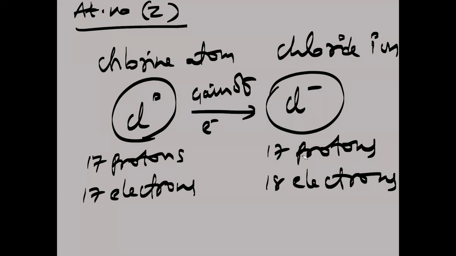Now Cl minus ion has 17 protons, and Cl atom also has 17 protons. So the number of protons in the neutral atom or the ion is called atomic number. Therefore for Cl, atomic number Z equals 17, and for Cl minus also Z equals 17. Atomic number does not change. When atom converts into ion, atomic number remains the same. Is the concept clear now? The number of protons present in the nucleus of an atom or ion is called atomic number. Okay. So next, take the screenshot of this.